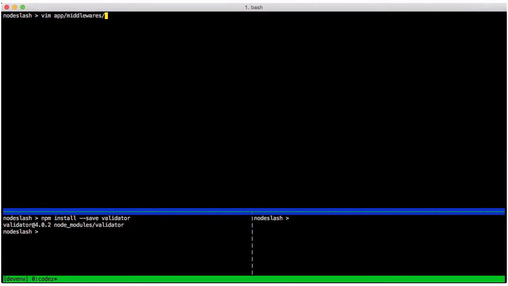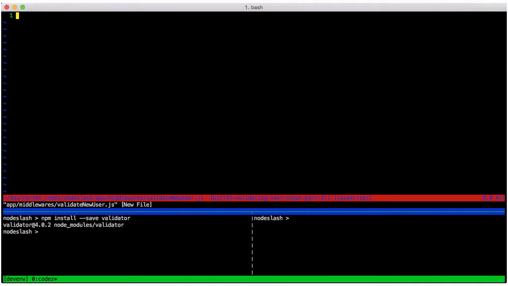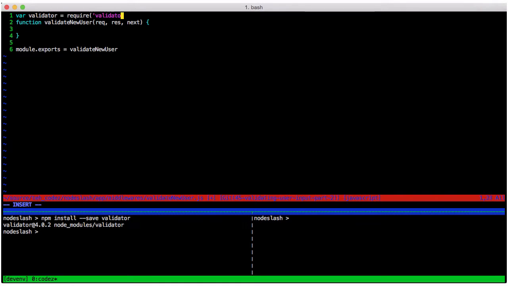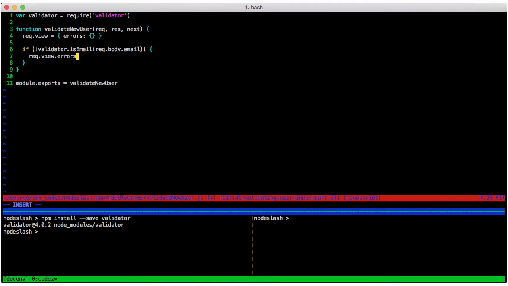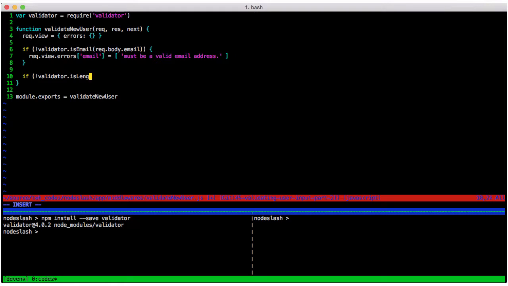Let's write a middleware that uses it. Open a new file at app middlewares validate new user.js. First, we drop our skeleton. Function validateNewUser, etc., etc. First, we need to get access to validator, so var validator equals require validator. Then we need to put our view object onto our request so that we can see it throughout the request cycle, like so. With that in place, we drop in some checks against the user's email input and password input,